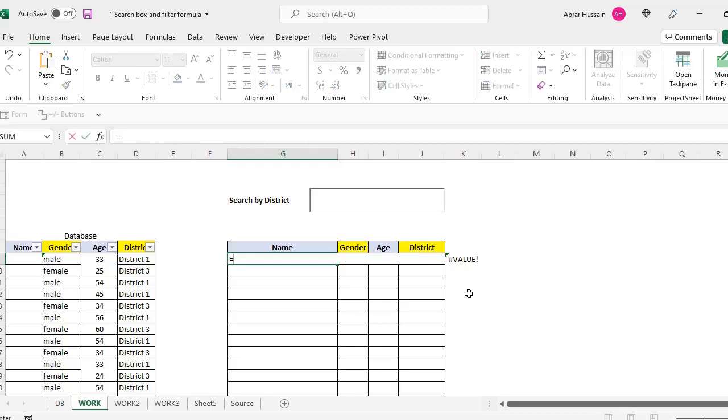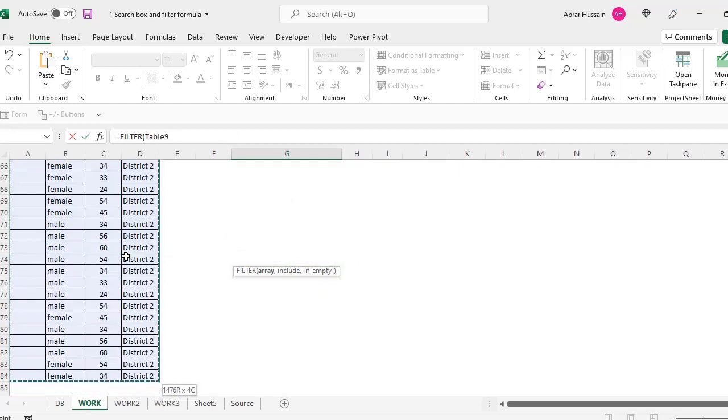Now what is the formula? The formula for this search is the FILTER formula. You type FILTER and an open bracket. If your database is in another sheet, you will have to go there and select the whole database. But if you have already converted it into a table and you remember the name, you just write that name. For example, I don't remember the name, so I am just selecting the complete database.